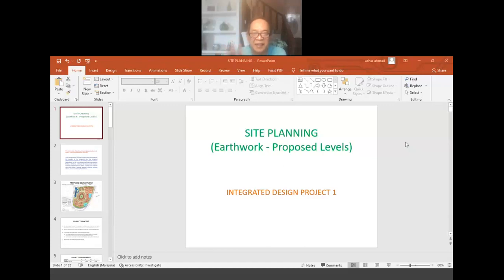Certain parts of the site might be modified, with the aim of reducing the total amount of cut and fill, so that there will be a reduction in the costing. And the second trial, percubaan yang kedua, will then be the final level that will be adopted